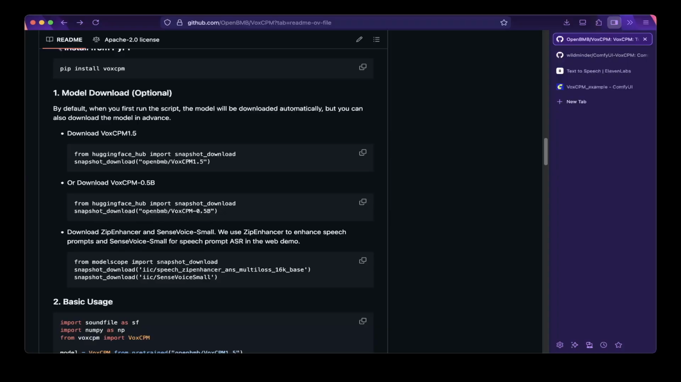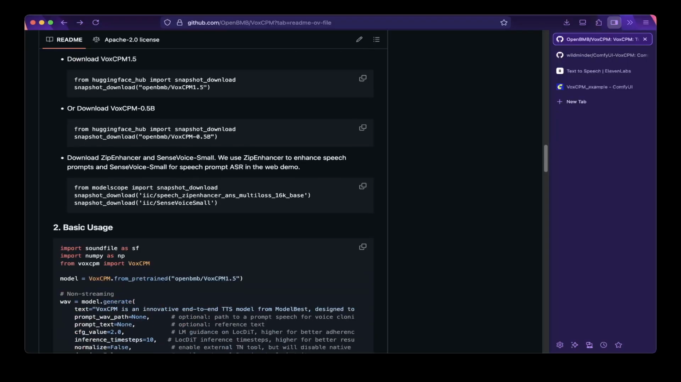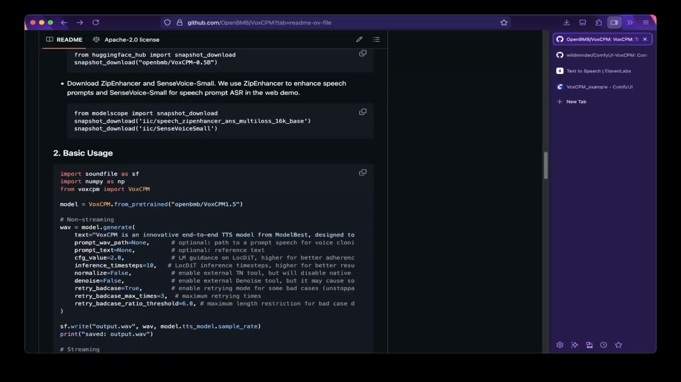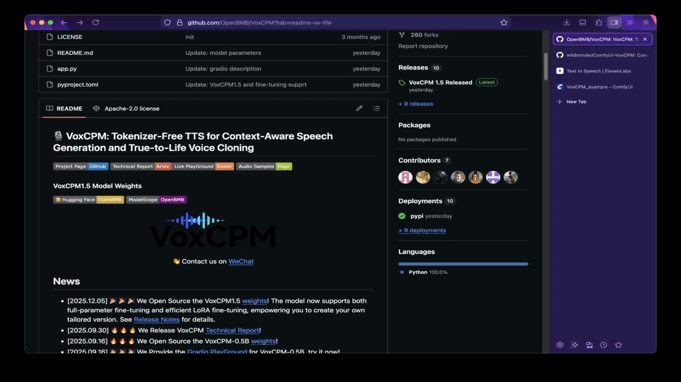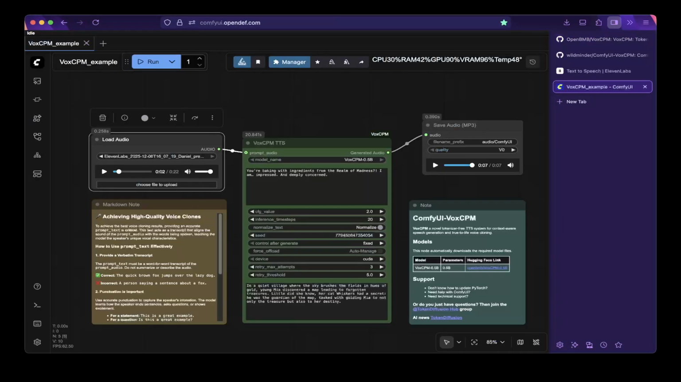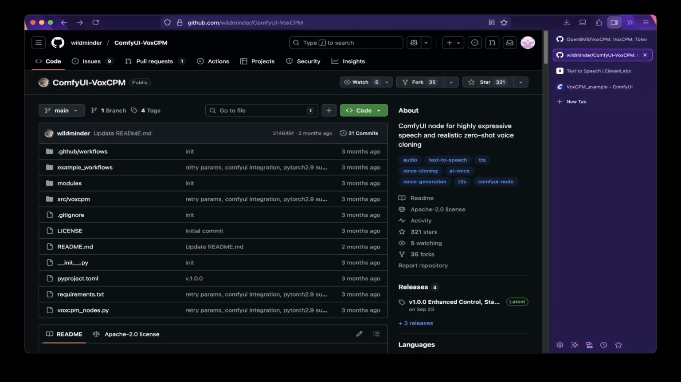The original one is called VoxCPM 0.5B. If you want to try this out, I think the best way is still ComfyUI. So this is what we're going to talk about and demo in this video today. As you can see here, this is the workflow. You can download it from the ComfyUI VoxCPM custom node repo. Just go to this repo, which is the wild minder,